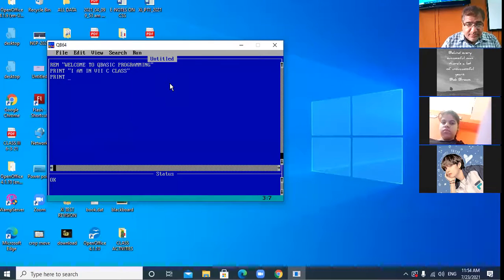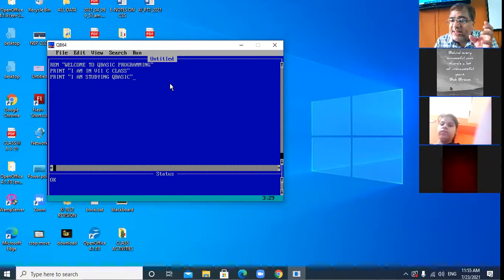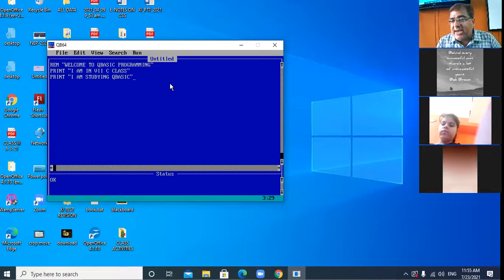Next print command, I am studying QBasic. These are the two messages which I want to print with the help of print command. Whatever you want to print through the print command will be displayed in the output window.